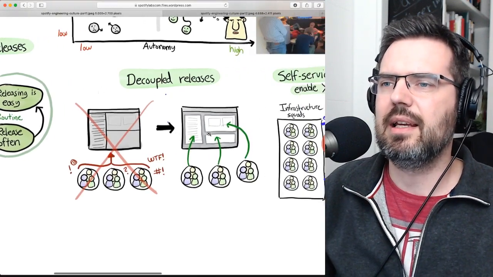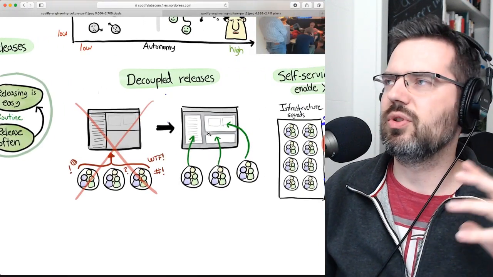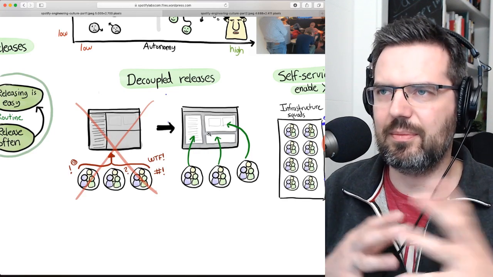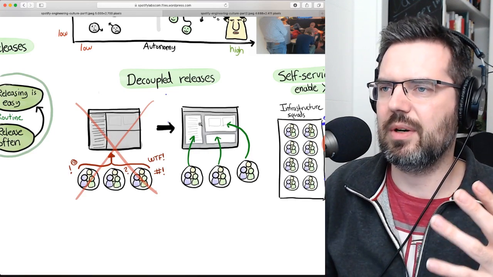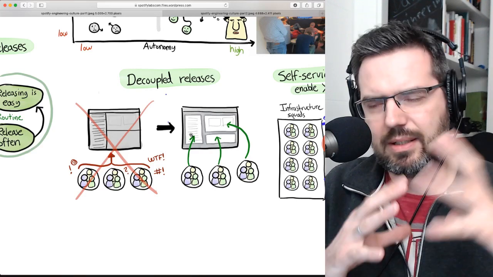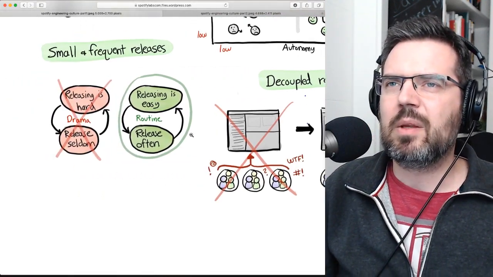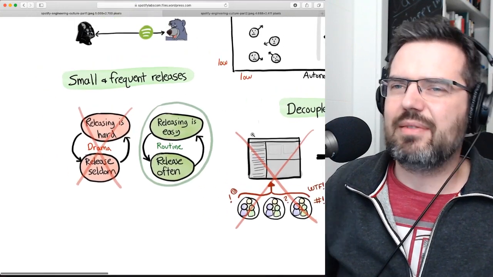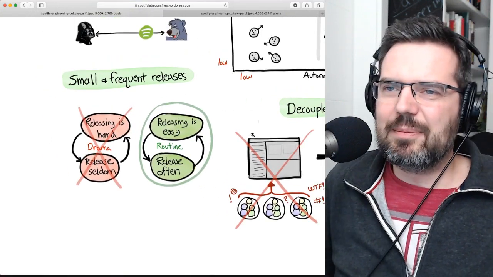And this is a huge upside from having such a system where teams are decoupled. What this also allows, and what I have experienced myself,